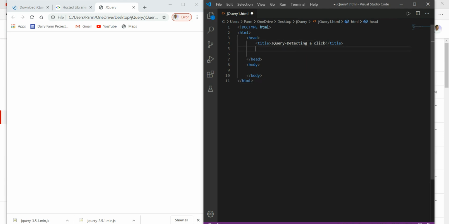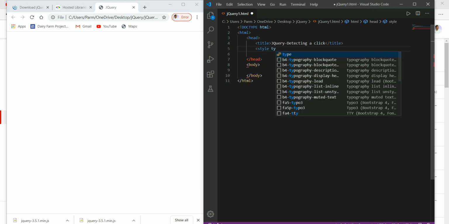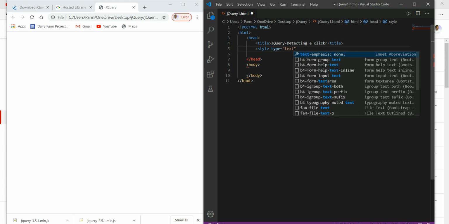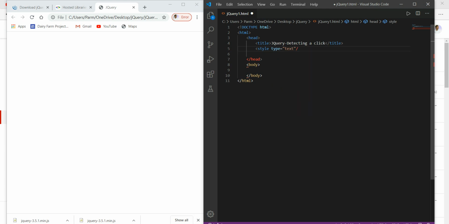For this I'm just going to write a style. So here we have to go with the style element and type equal to say text/CSS.